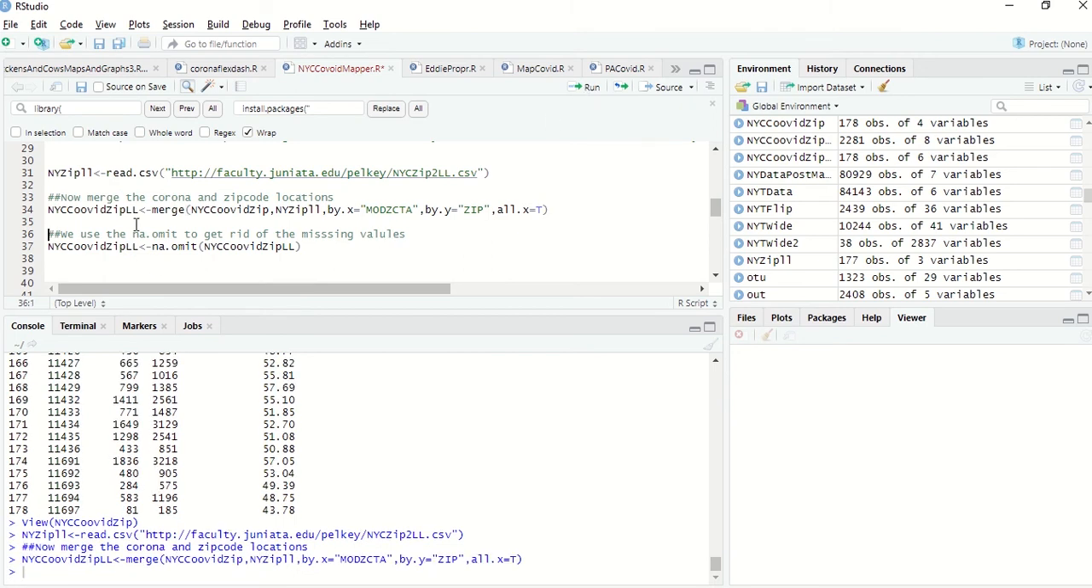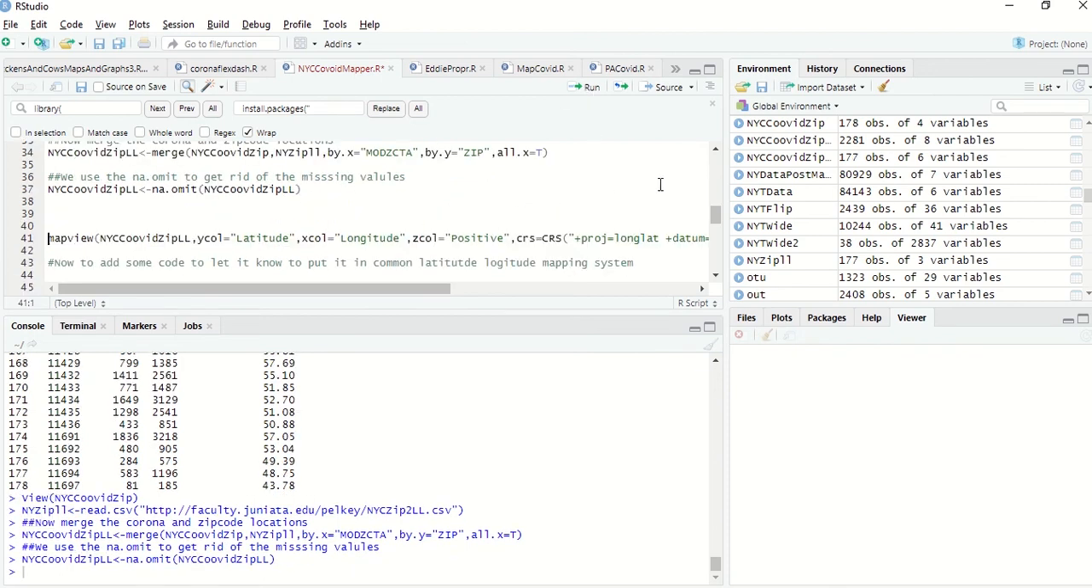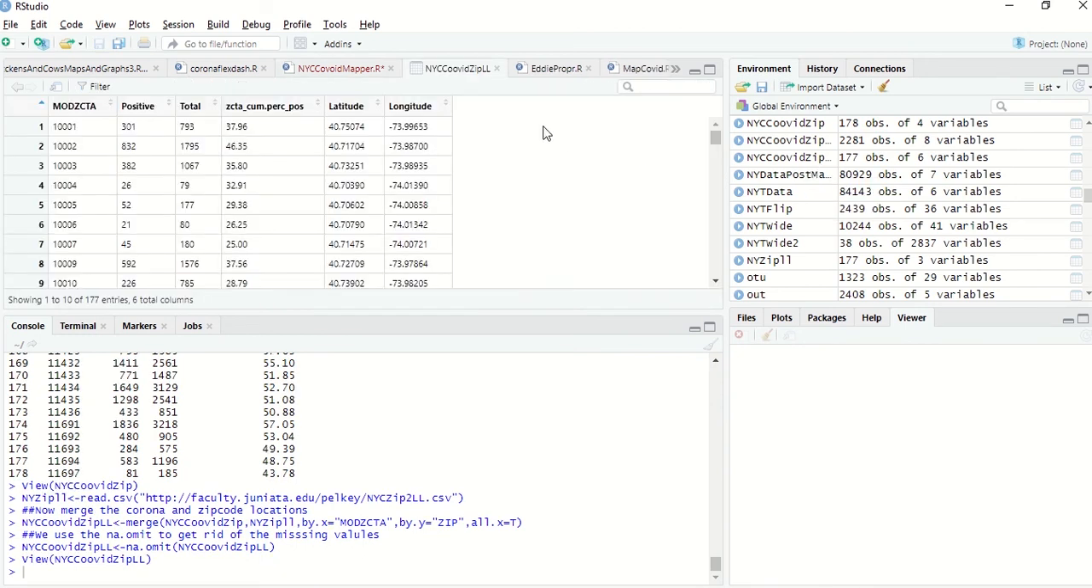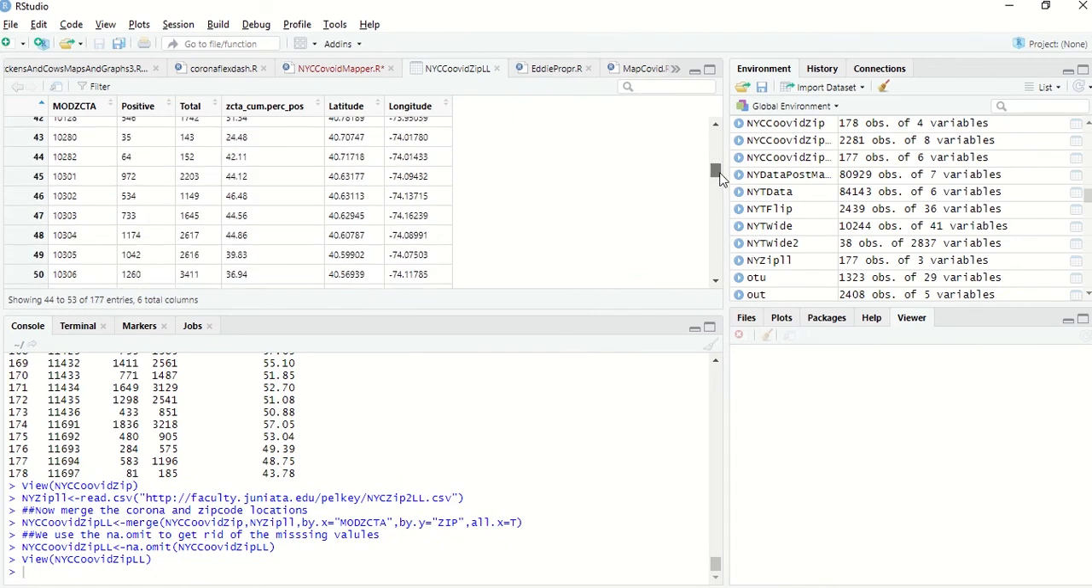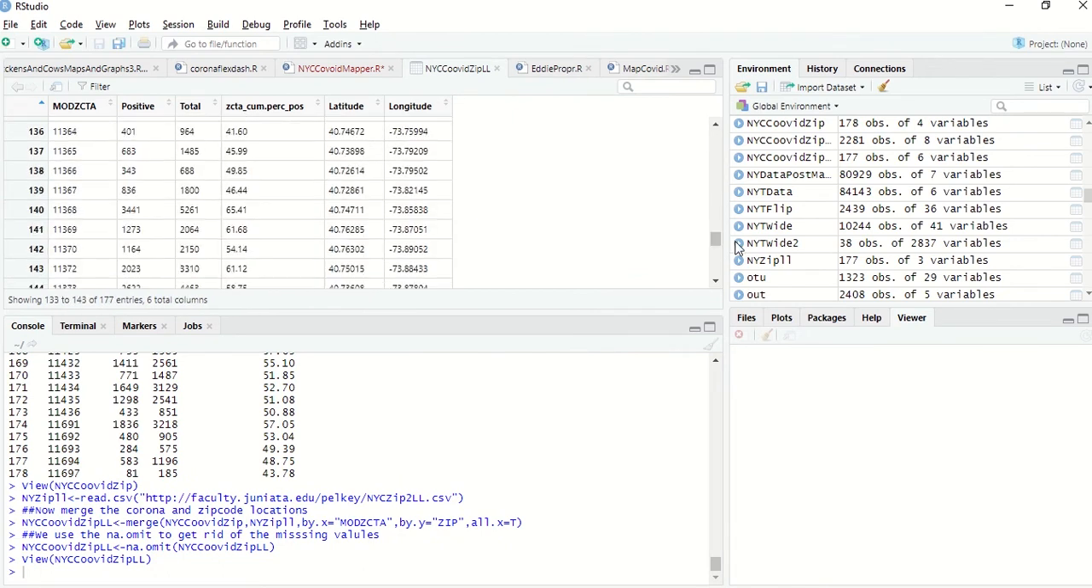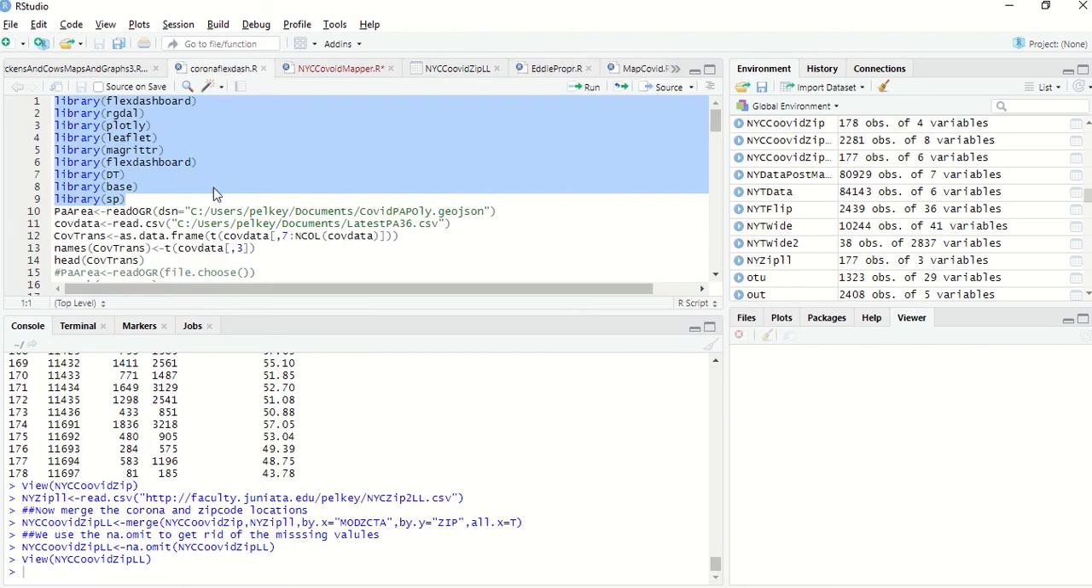Then we're going to take that file and get rid of the NAs, the missing stuff, because it causes problems in the mapping, and that's this na.omit command. So we're going to run that, and now if we went back and looked at the zip PLL, that would be the 177 observations there. Ta-da. And it has latitudes and longitudes attached to all of our data here,